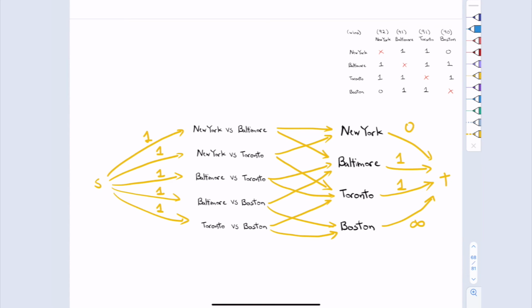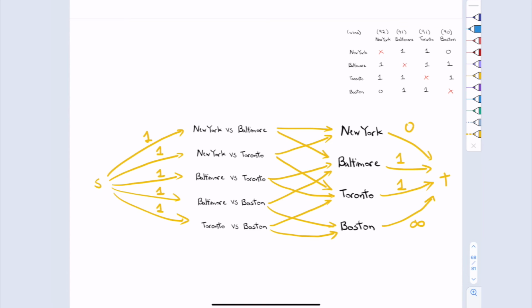So that's why I've added an edge of capacity 1. I only want to allocate at most one win to Baltimore and Toronto. And then I put no capacity or infinite capacity on the Boston edge because I want it to win as much as possible. So now what I'm asking is, can I get a max flow of size 5 in this